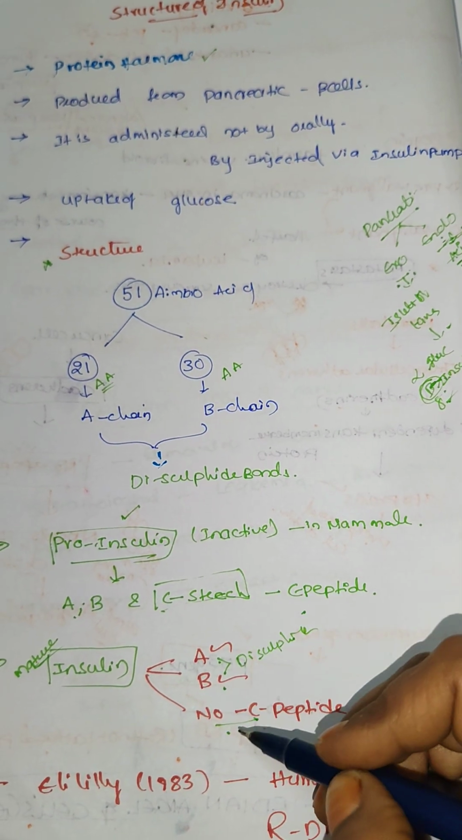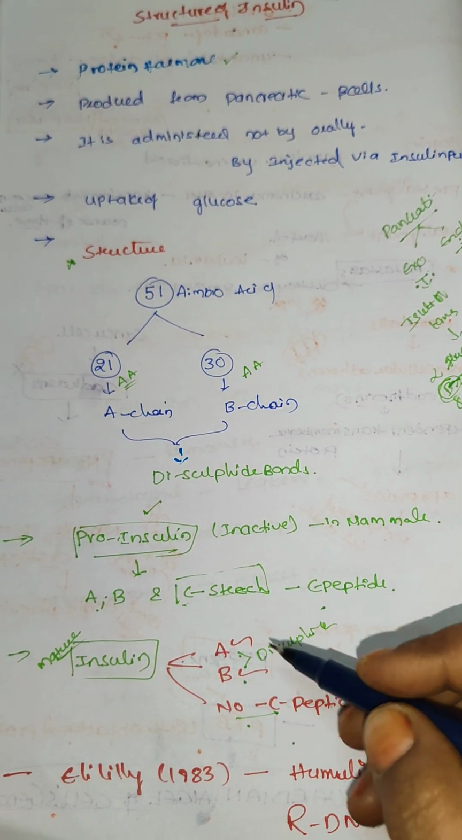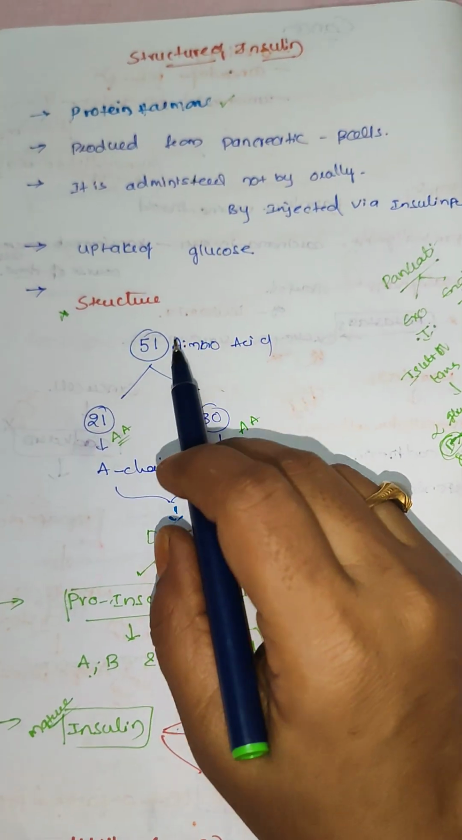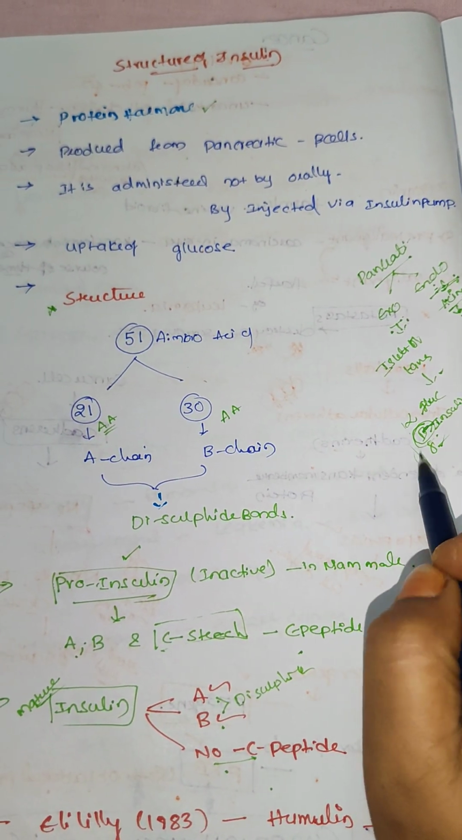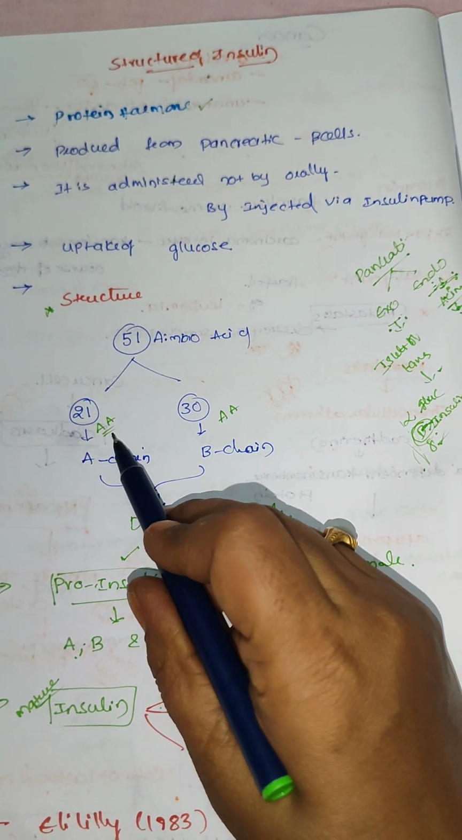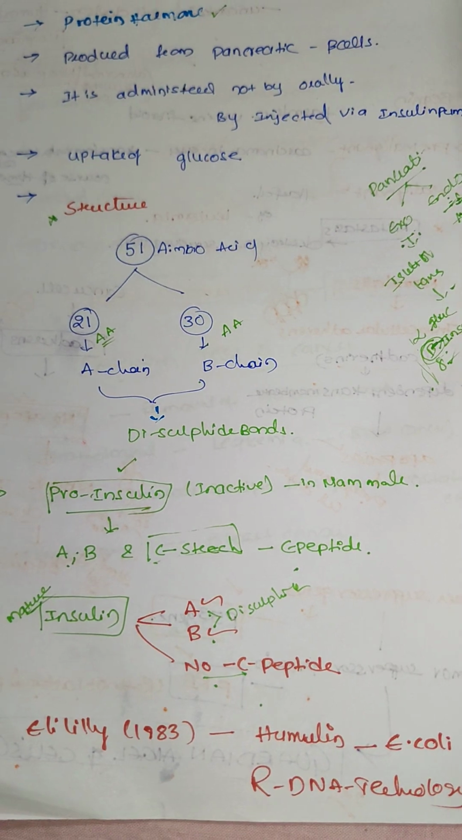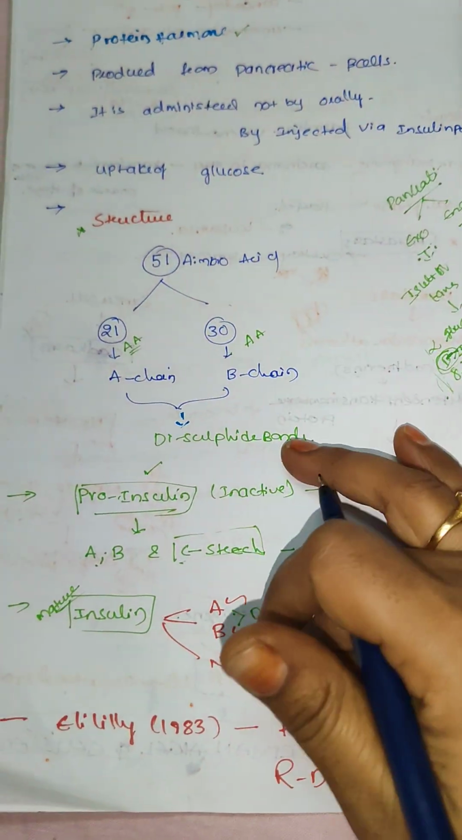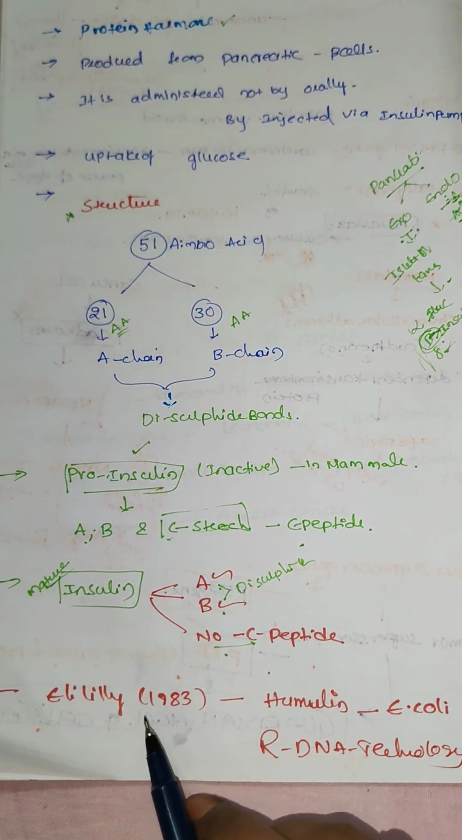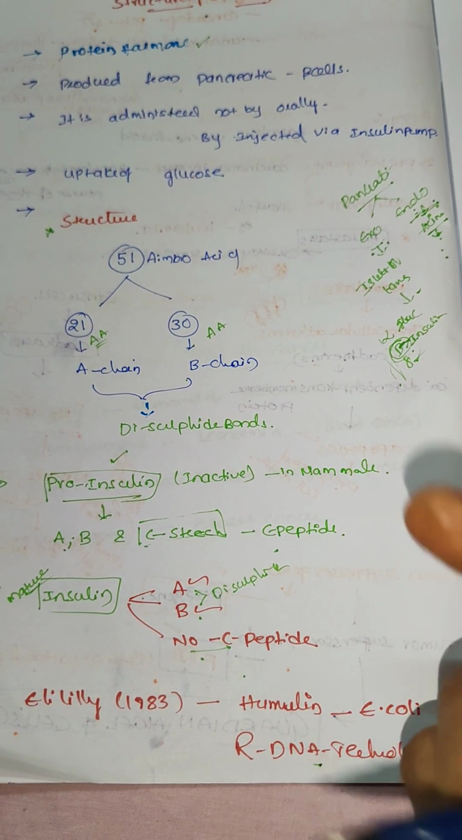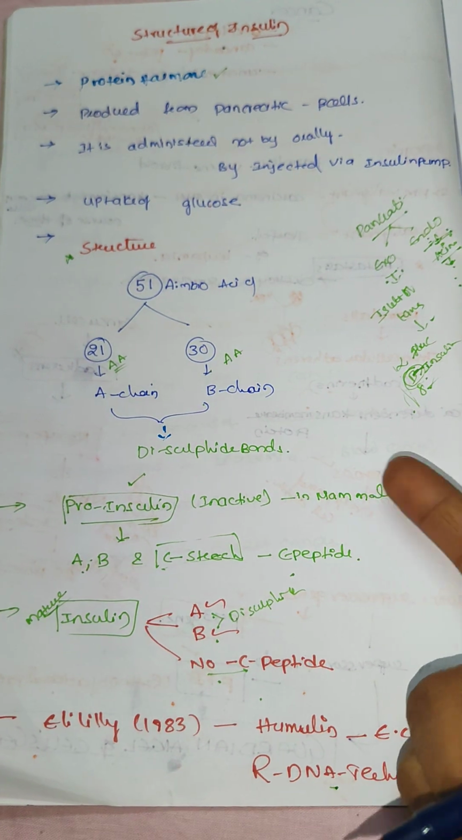In the MCQ they may ask whether C peptide is present in proinsulin or mature insulin, and which type of cells will produce the insulin. How many amino acids does the A chain contain, how many does the B chain contain. These are important for MCQ along with the IPE. And already we discussed, with the help of rDNA technology the insulin is prepared. That is why we studied it in the